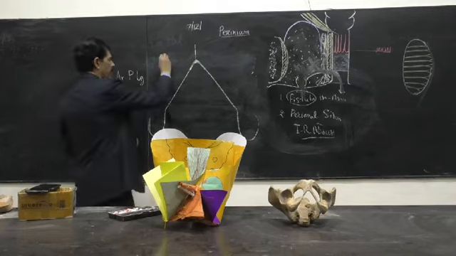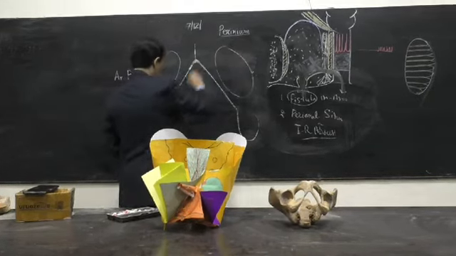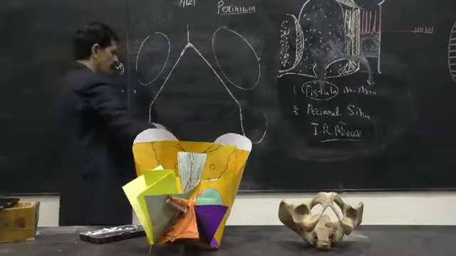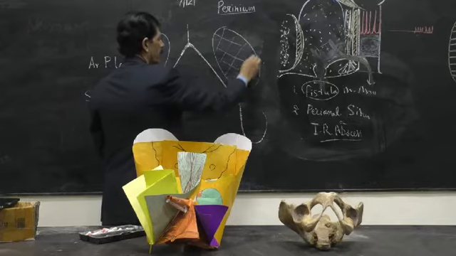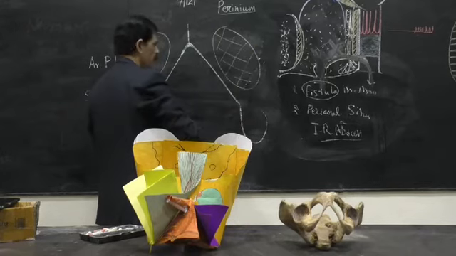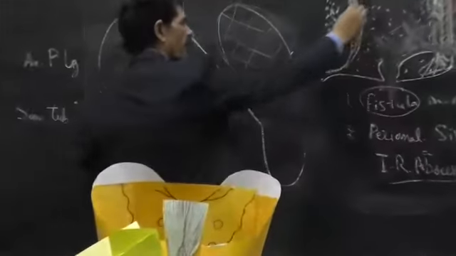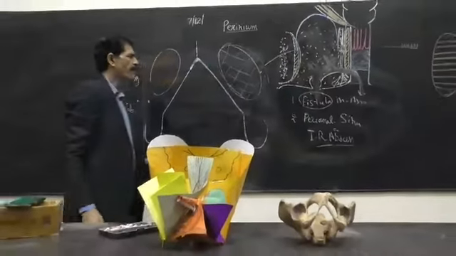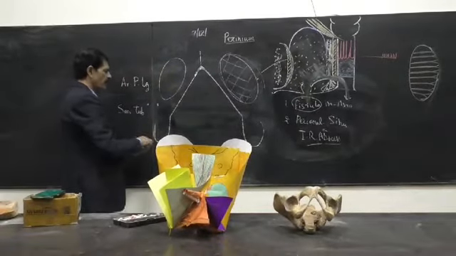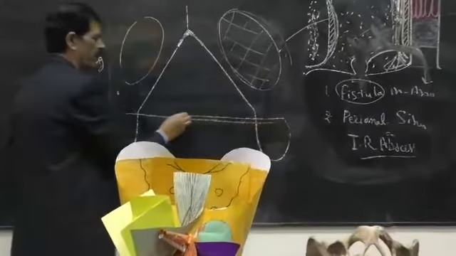And on either side there lies the obturator foramen, and this obturator foramen is closed by a membrane that is called the obturator membrane, and outside there is the obturator externus muscle, and inside there is the obturator internus muscle, which will be covered by the obturator fascia. So this is the ischial tuberosity on either side. The line is drawn, this is the urogenital triangle.